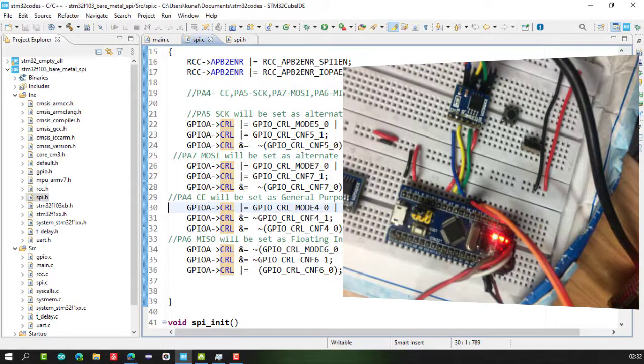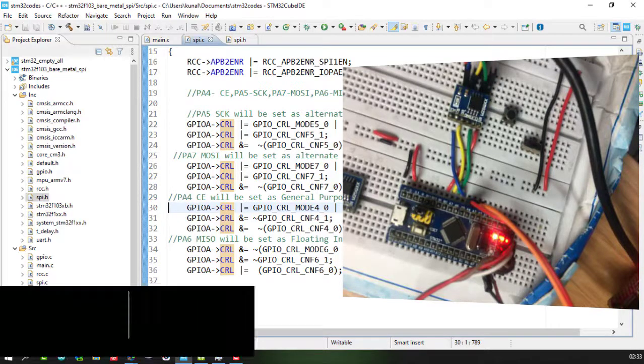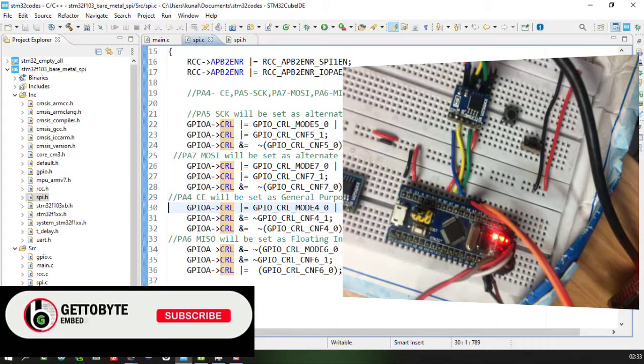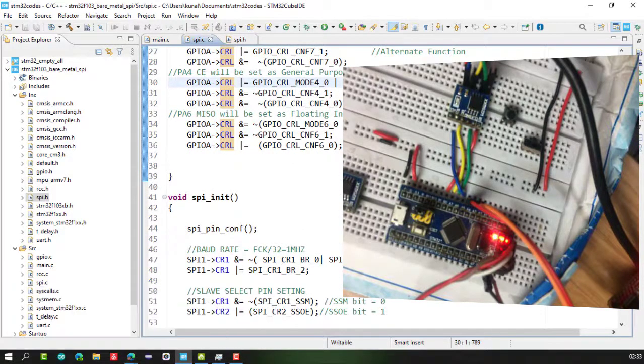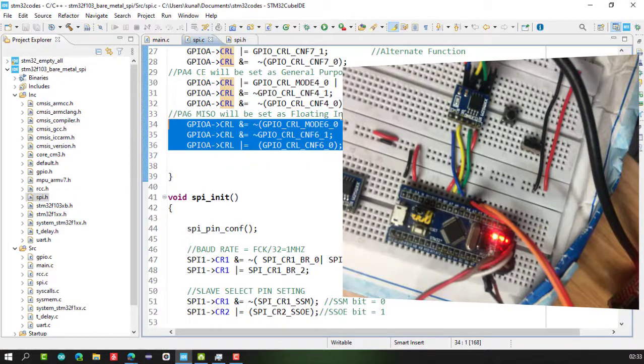Now the MISO pin will be an input pin. Why? Because it will be getting data, as its name says, master in slave out. The slave will be sending data and the master will be receiving it. So it's an input, and we configure the CRL bits to make it floating input mode.